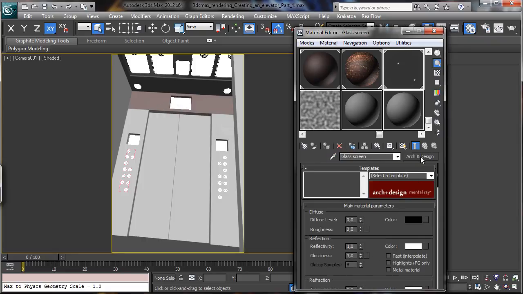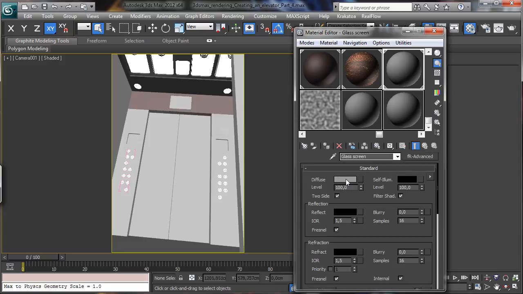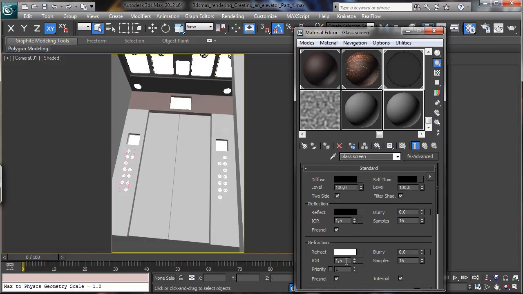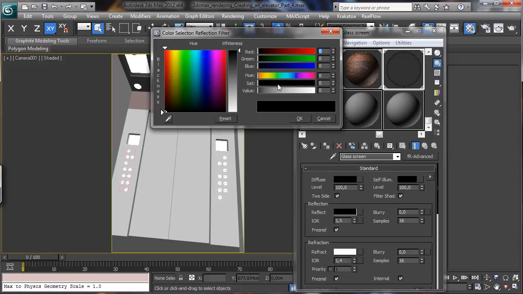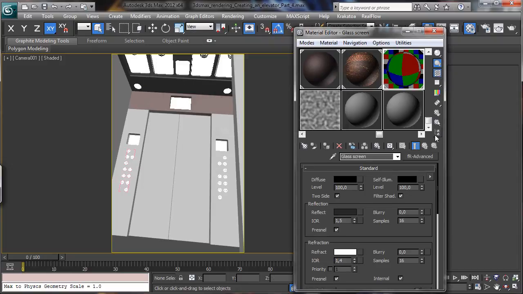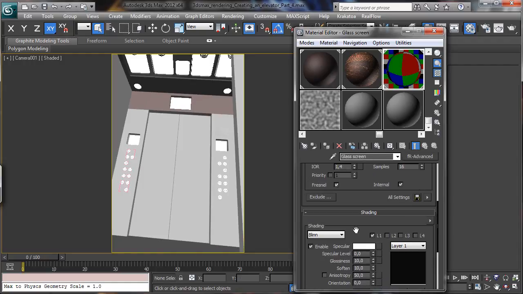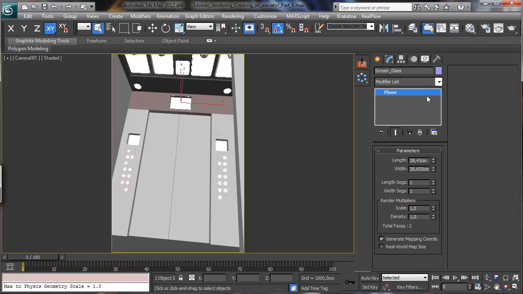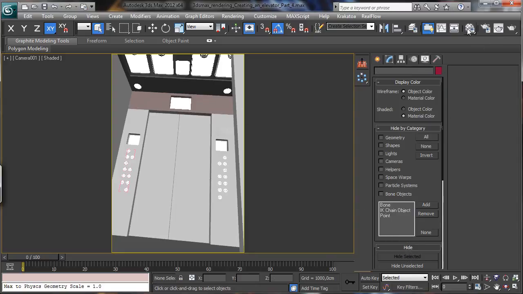We have a glass, and this one can be Final Render Advanced, black color for the diffuse, and we need the refraction set to white, and we can go for 1.4 for the moment. And for the reflectivity, we can have a little bit of reflectivity, and let's go for 1.4 for the IOR, and let's have a little bit of specularity. Okay, and we need also, that's the glass, and let's say to hide just for a moment,